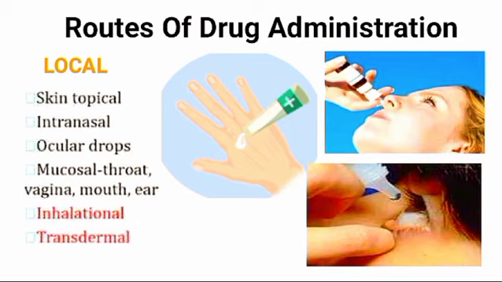Now, the local routes of drug administration are of many types, like skin, topical, intranasal, ocular drops, mucosal throat, vagina, mouth, ear, inhalational, and transdermal, and so on. Now, the nasal route involves administration of drugs directly into the nose. Drugs are used